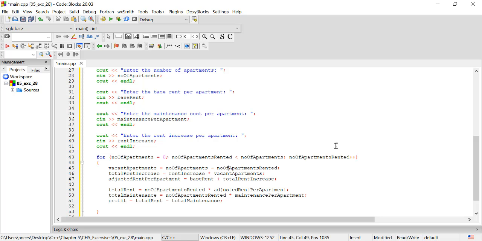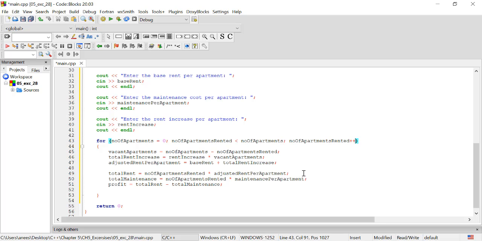Now each time this runs, the number of apartments rented goes plus plus. The reason this works is that it tests out each and every single value of the number of apartments rented, and it sees which one is the best one. Now, to get the best number of apartments rented to maximize profit, you write in if max profit